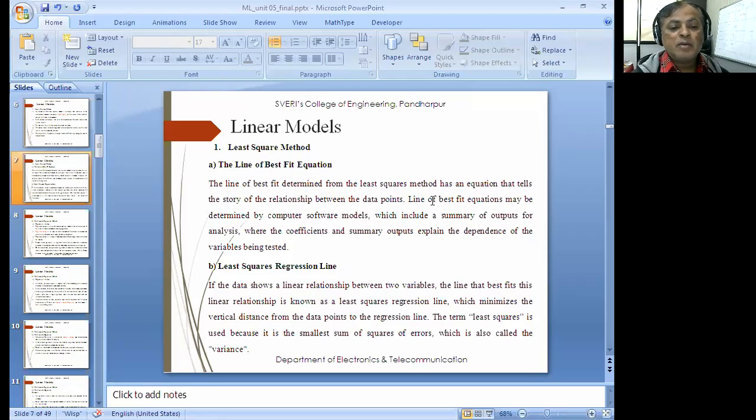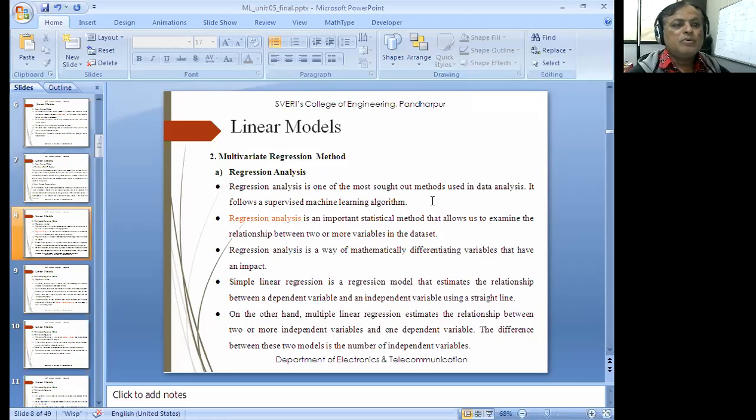मतलब क्या कि जब हम smallest sum of square of errors निकालते हैं तो actually हम उसका variance calculate करते हैं. Variance of what? The data which is near to that regression line. वो जितनी नजदीक रहेगी उतना आपका वैल्यू, उतना आपका इक्वेशन बेस्ट फिट होगा. जितनी वो दूर रहेगी वो इक्वेशन बेस्ट फिट के लिए नहीं जाएगा. दिस इज व्हाट द line of the best fit equation and least square regression line is about.